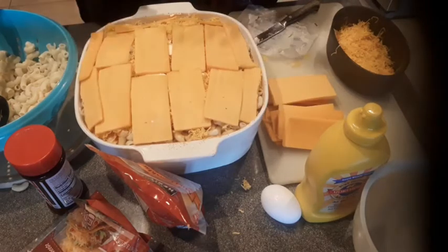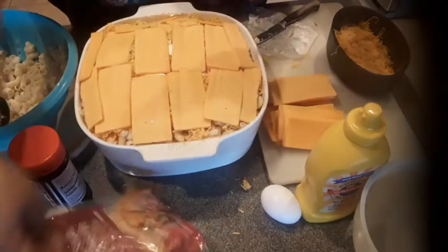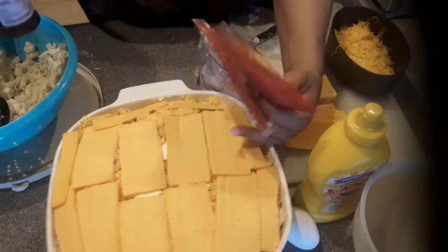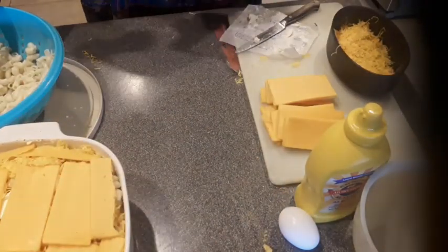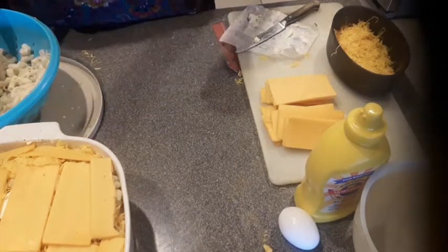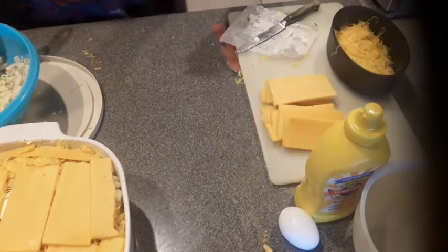And then, now, let me show you the next thing we're going to do. Let me move these out the way. Put this over here. It's all set and ready to go. That's going to be the best macaroni and cheese ever. My mom's macaroni and cheese. Okay, the next thing we're going to do,